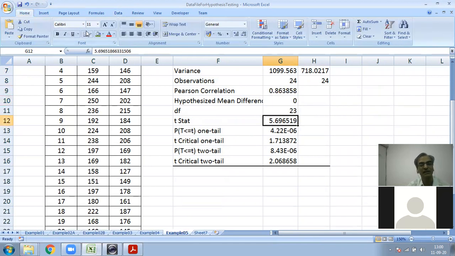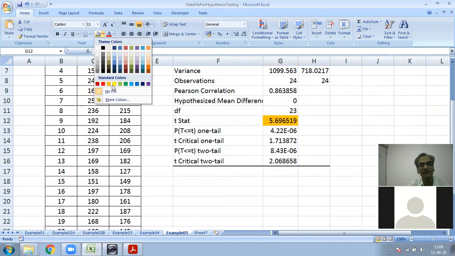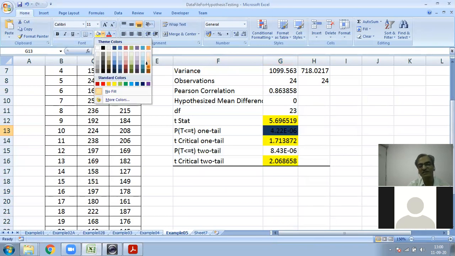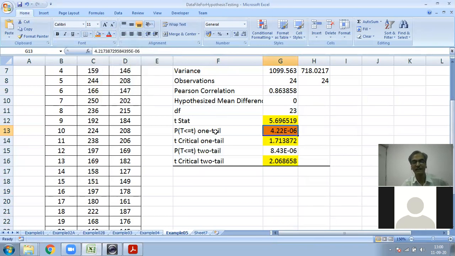As I told you earlier, this is the t statistic. This is the critical value for one tail, this is the critical value for two tail. But basically we use the p-value approach for the comparison purpose. So this is the p-value for the one tail test.